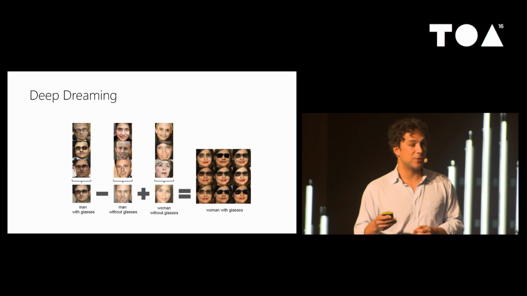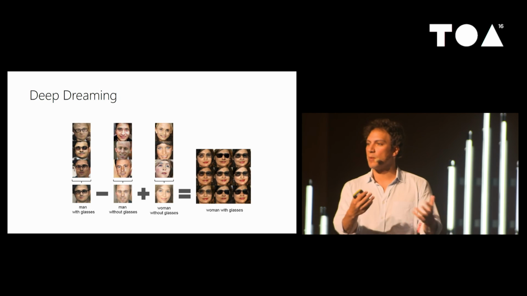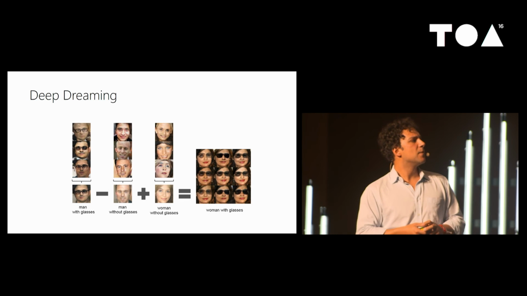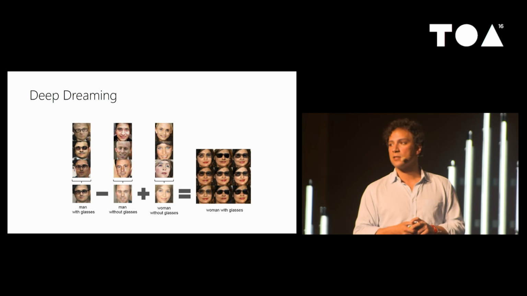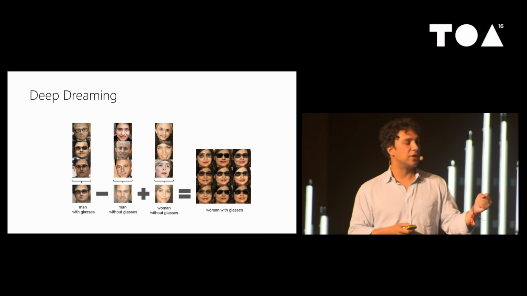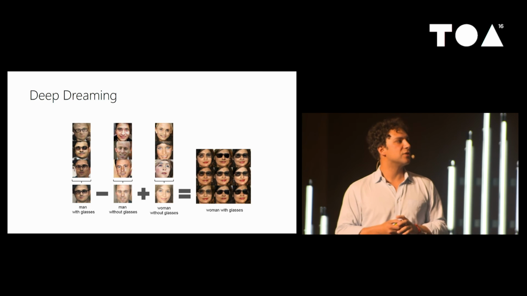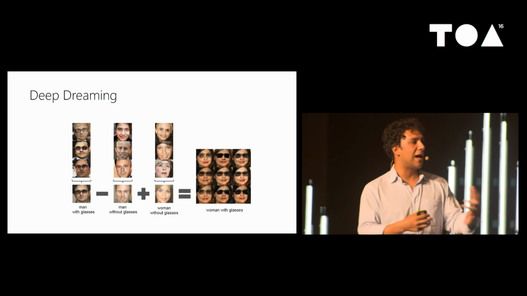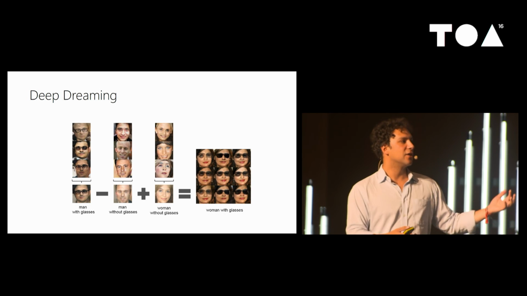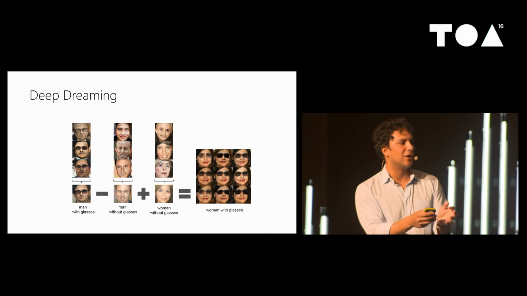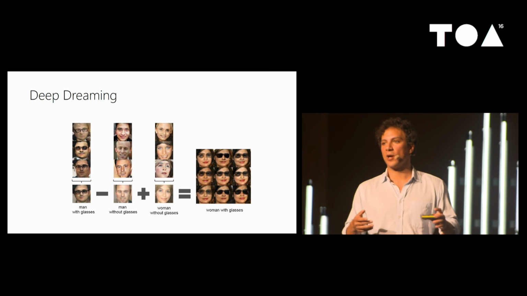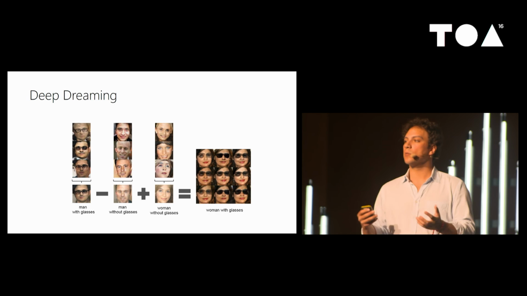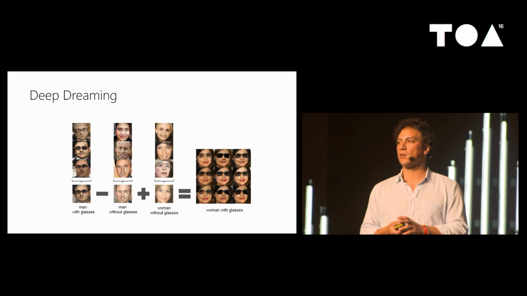And then some even more interesting stuff, just as we can do arithmetic on these representations we learned of words, we can do the same for faces. So these are synthetic faces. On the left are a bunch of faces of men wearing glasses. We take the inputs that generate those and we average them. In the middle are a bunch of inputs of men without wearing glasses, so we take the inputs there and average them. We subtract them and then add in this vector that represents women without glasses, and sure enough, it puts you right in the area of the space that is images of women that are wearing glasses. So there's all types of structure that these spaces can understand about the world that's sort of more similar to the way we might understand things than storing things as raw pixels.